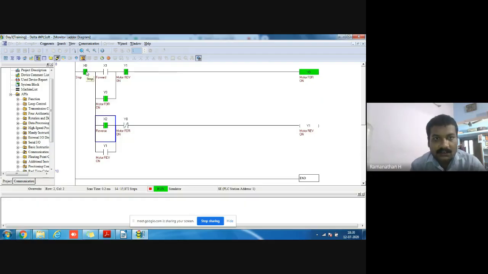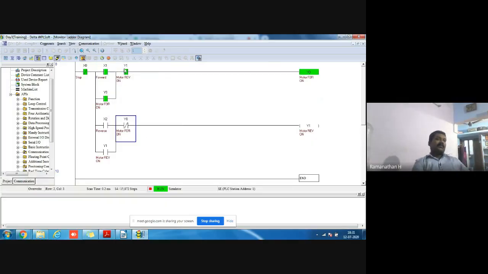So if I want to turn on the reverse, I first stop the motor, and only then turn on the reverse.